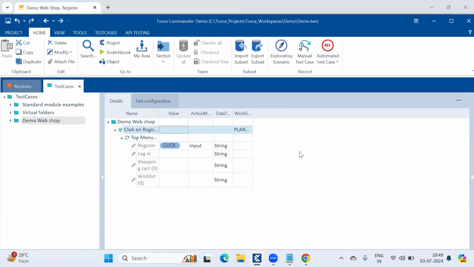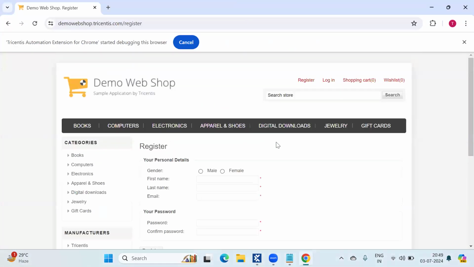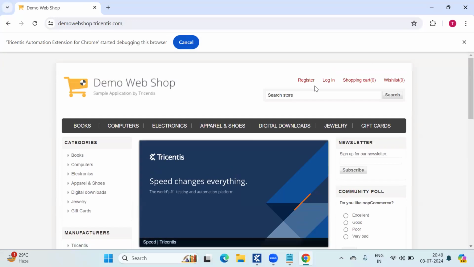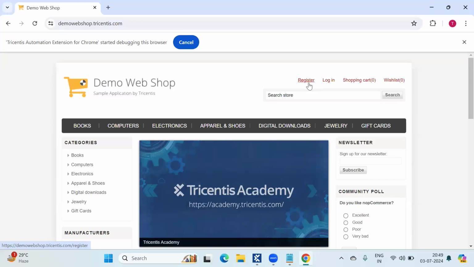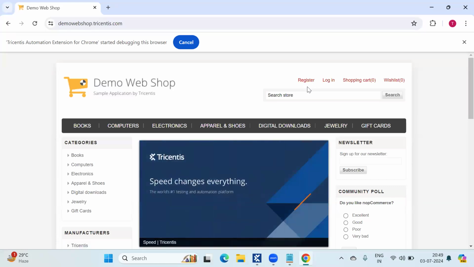Any doubts till now? I'm clear with that, but one doubt is, what if the web shop browser is not open? How will it go and select the register button if it is not open? If it is not open, it won't go and click. Okay. If it is open only, it will click. Now the demo web shop is already open here. Okay. I just informed Tosca, just go on, click on this register button. That is the reason it went to that particular register control and performed click operation here. Okay.